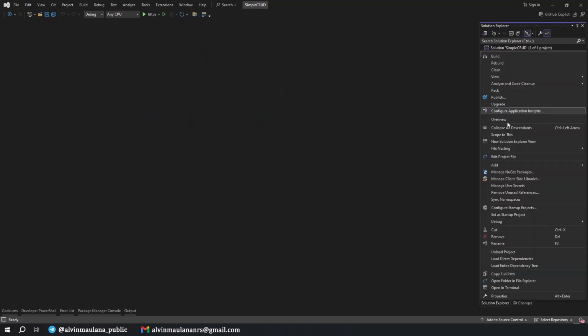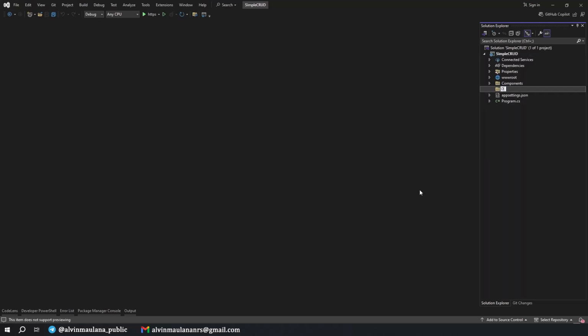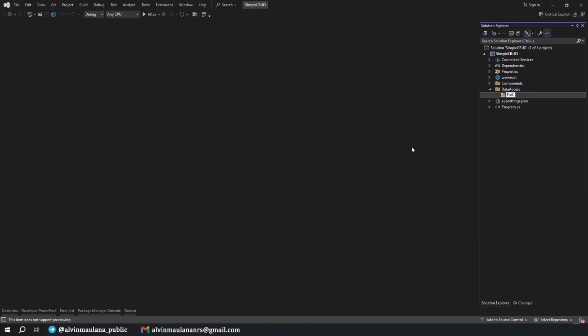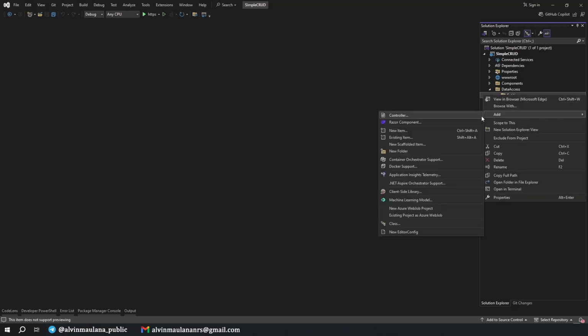Because now we are going to have a new folder in here. We name it as data access. Any database relation on this project, we will put into this folder, like entity, application DB context, seed the data, anything related to database. And now we are going to have another folder for entities. Actually, for this project, we only have one entity or one table, but it's okay. We keep it as a subfolder in case you want to modify this project. You can just put another entity in here.